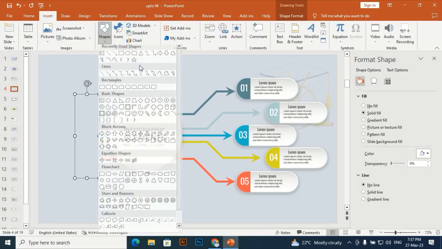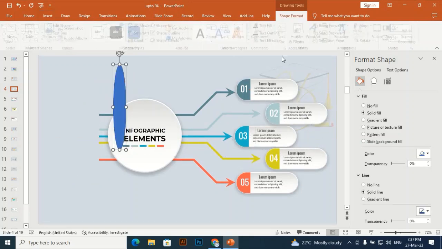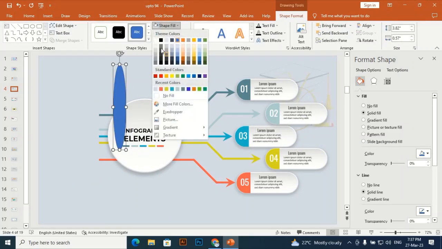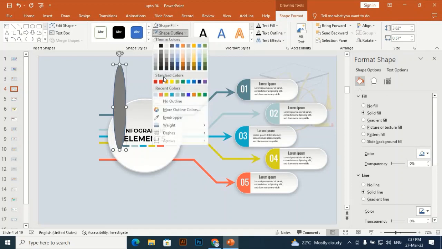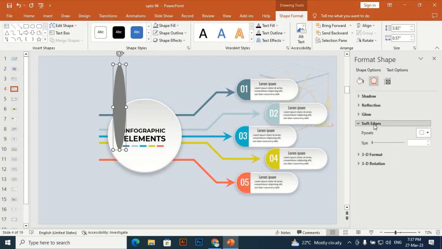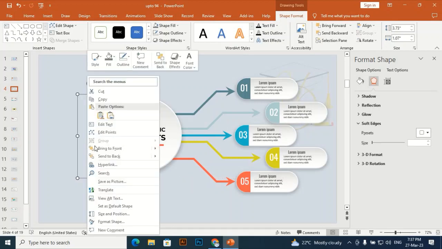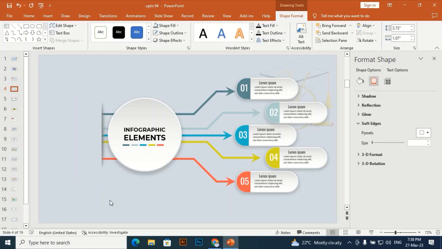Let me take an oval shape and drag an oval shape vertically like this and give a gray color. Shape outline make it no outline. Go to soft edges and give it soft edges like this, and it will give a shadow effect to this as the arrows are coming out from the background. It will look like this, so bring this to front,